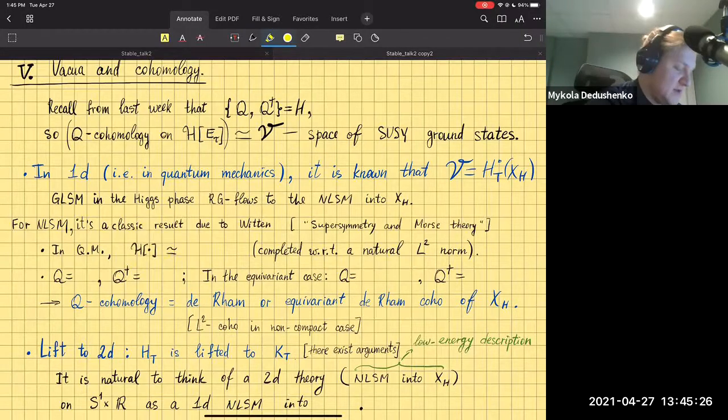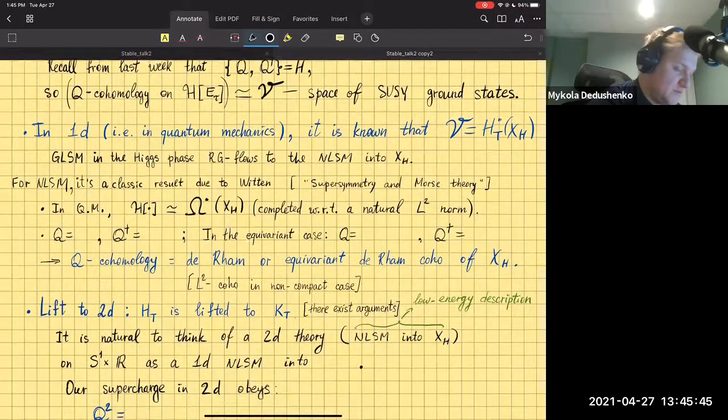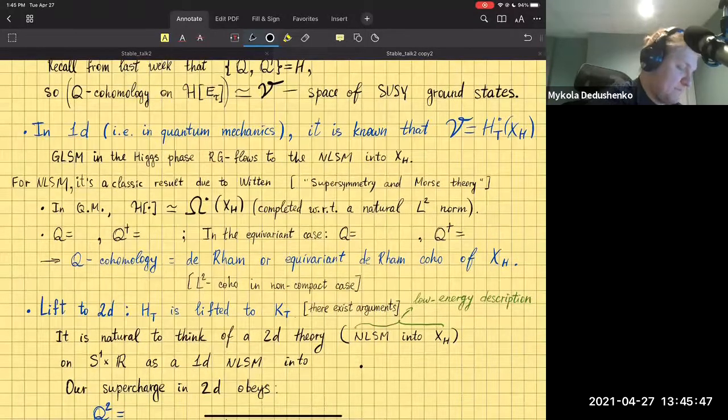In quantum mechanics, it's just this space of differential forms on your Higgs branch, on your target, completed with respect to some L2 norm, and then